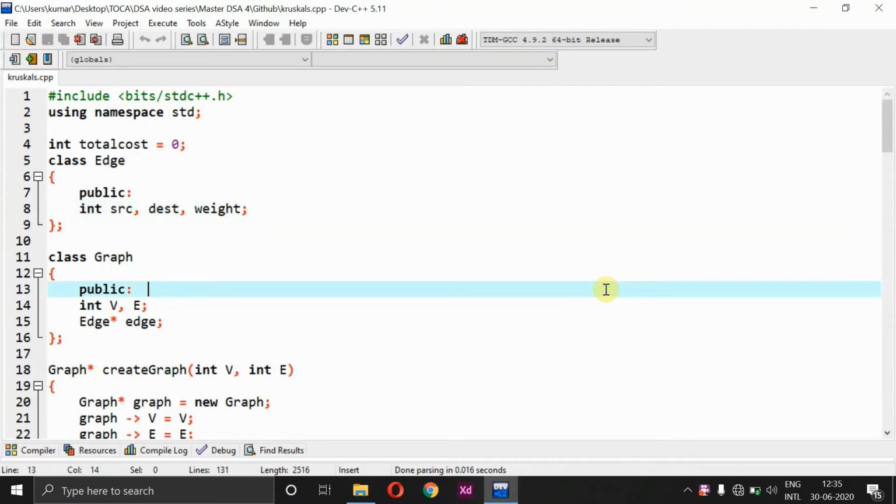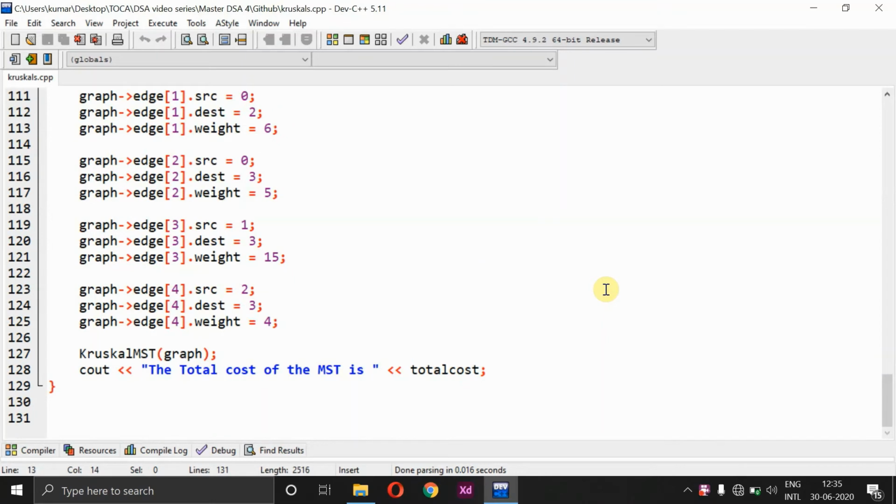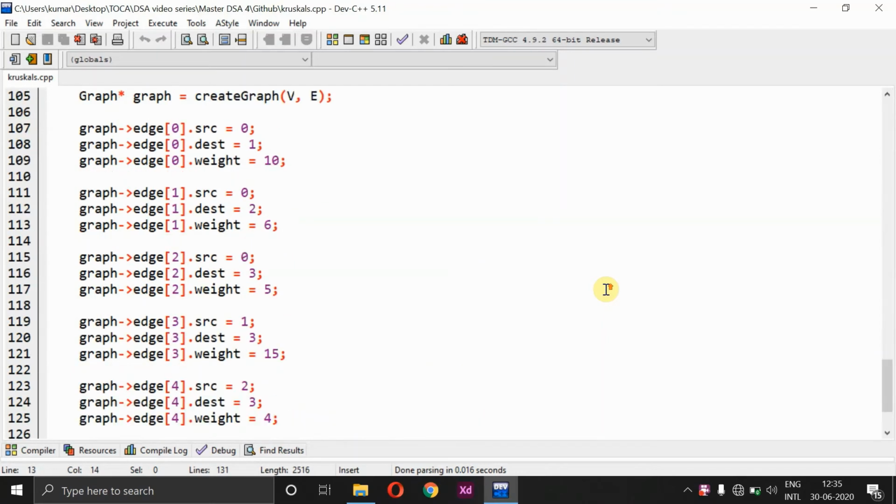So now let's discuss the implementation of Kruskal's algorithm. We have already discussed the logic of how Kruskal's algorithm works. It arranges all the weights in non-decreasing order, and after arranging everything in ascending order, it goes through each and every path and tries to mark out the edges. Once we receive the total number of vertices minus one edges, we stop the execution of our code, and finally we add all the chosen weights and display the final output as the total cost.